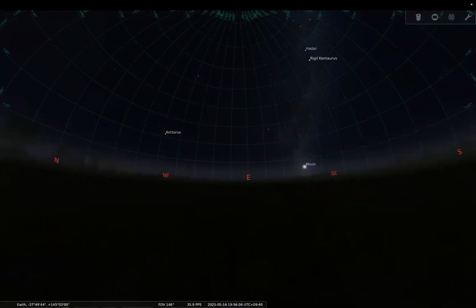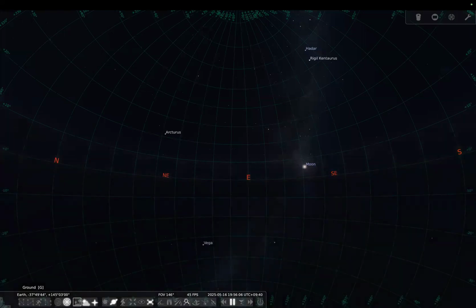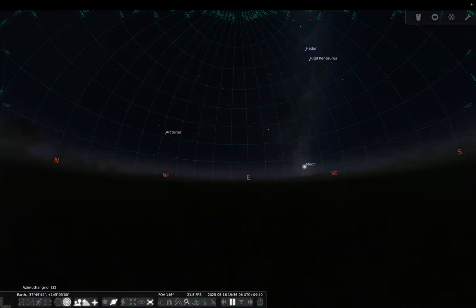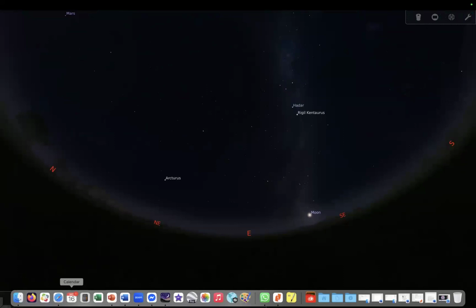And of course, when we're doing stellar calendars, it's useful to not have your ground, because you want to be able to measure the altitude of the sun as well. We'll talk about that a bit more in a minute. I just want to lead everybody through what this does. If that's your azimuthal grid, the one next to it